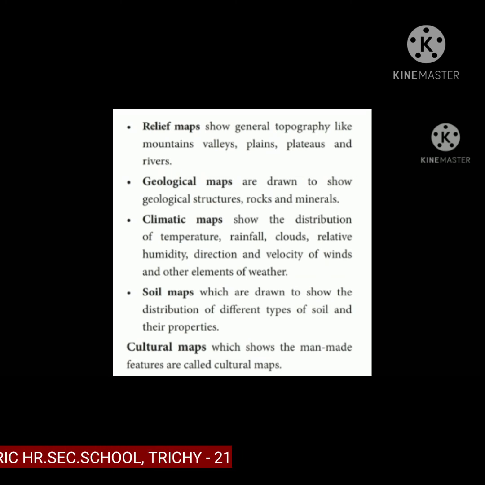Climatic maps show the distribution of temperature, rainfall, clouds, relative humidity, direction and velocity of winds and other elements of weather. Next is soil maps, which are drawn to show the distribution of different types of soil and their properties.